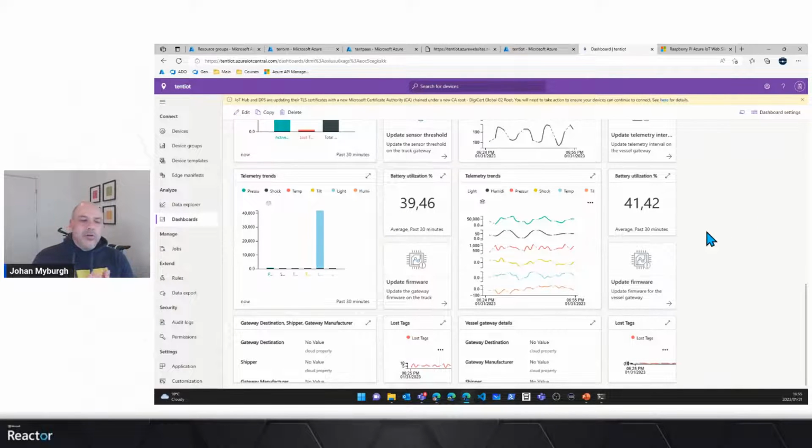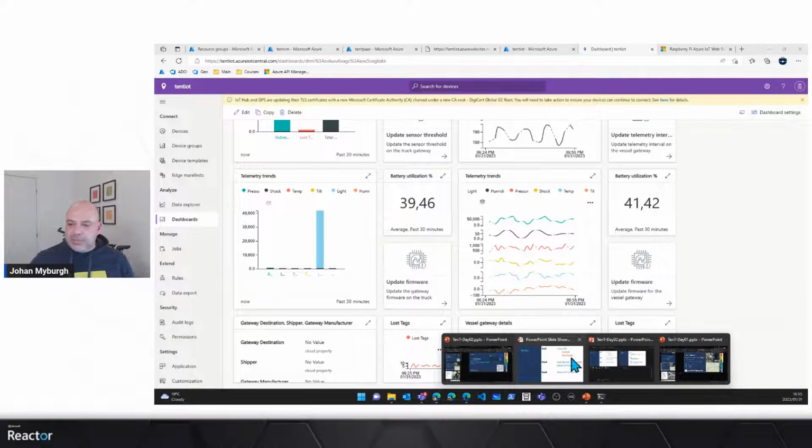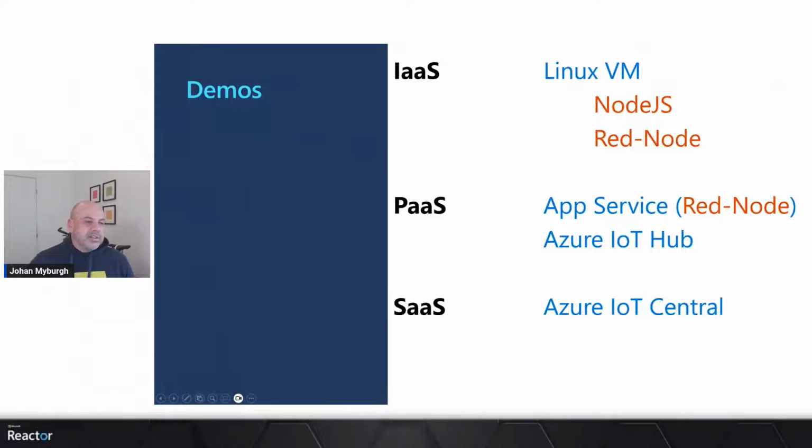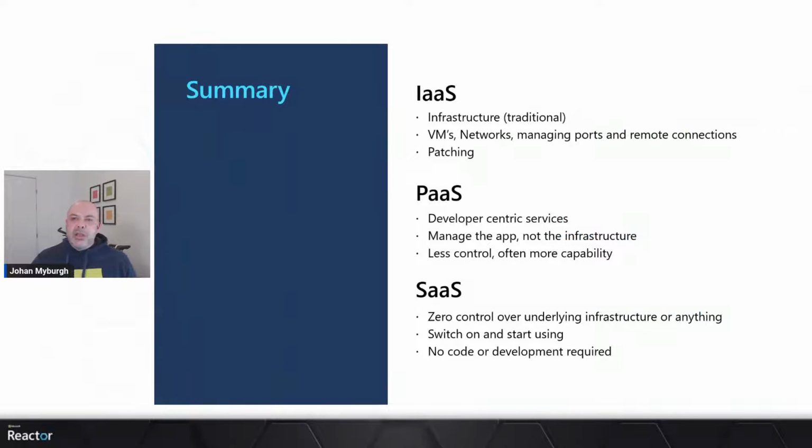So if I have to contrast these services, and let me just pop back onto the slide briefly, in summary, infrastructure as a service is typically things like the virtual machines, access via ports, remote connections, and the patching that I have to do. On the platform as a service side, we're talking about more developer-centric services, managing those apps and the access to the application, but not the infrastructure. You typically have a lot less control here,